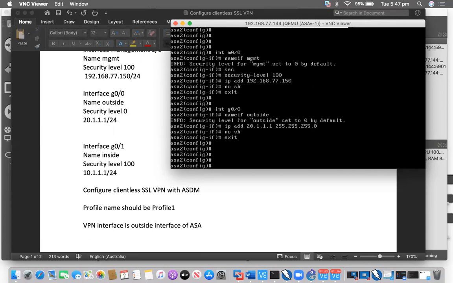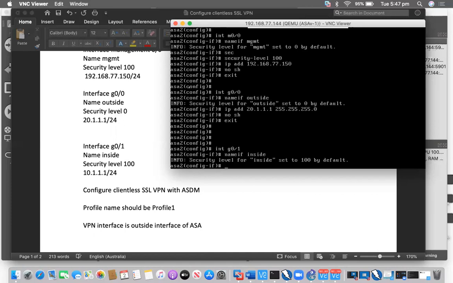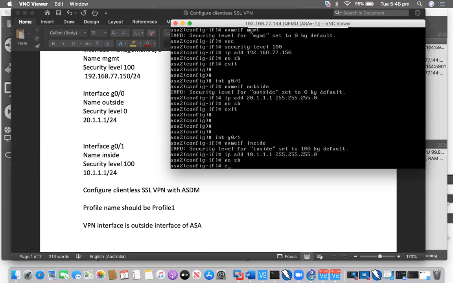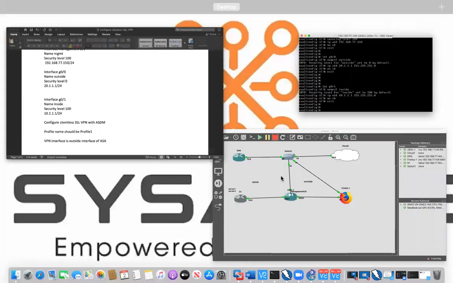Next, interface G0/1, nameif will be inside. Whenever you set the nameif as inside, the security level will by default be 100. Except inside, everything will be 0. So the IP address will be 10.1.1.1 with 255.255.255.0, no shut.